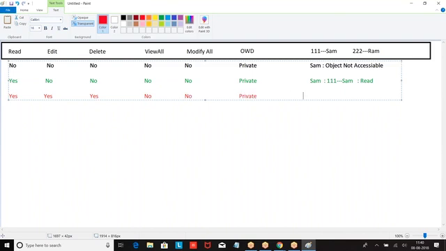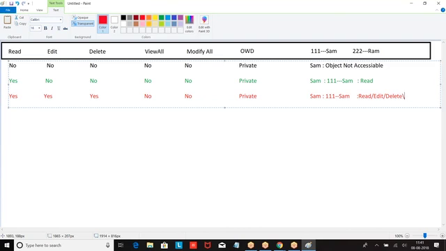Now what will happen? Sham can see read, edit, delete. Right. Now I'm giving